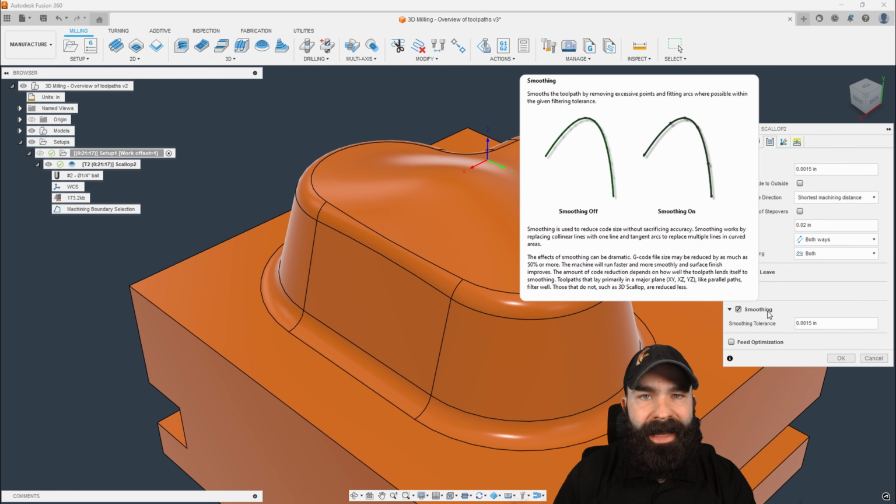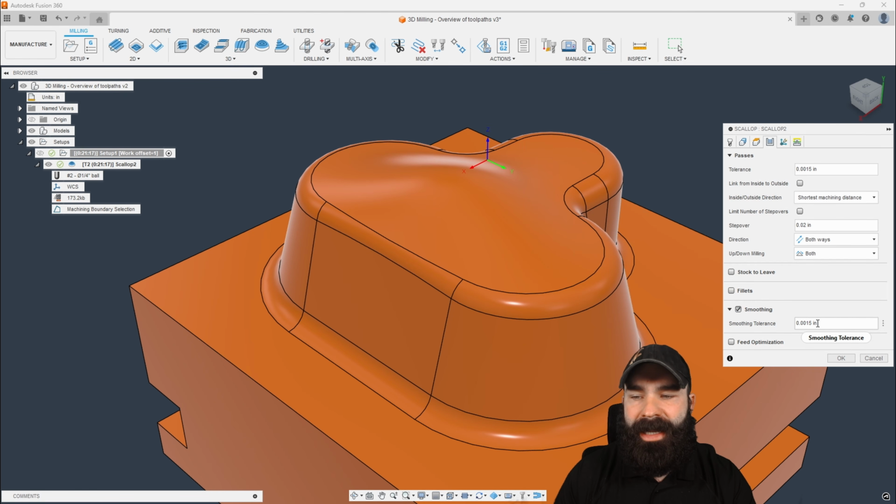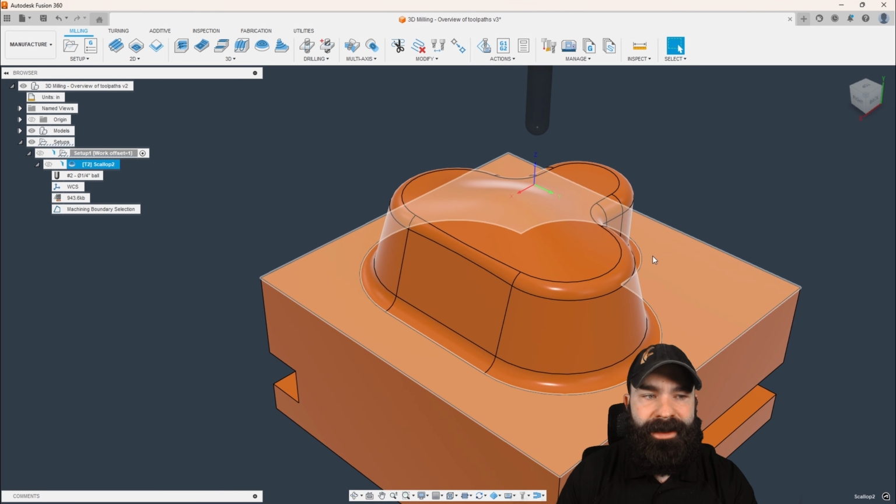If a straight line has a point in the middle of it and it breaks it into 2 segments, we could actually use a dimension of tolerancing. Again, it looks a little weird because this is smoothing tolerance versus tolerance. Tolerance is how close we are to the model. Smoothing tolerance is basically how close our points are aligned to each other and whether or not we can eliminate one. So by matching my smoothing to my actual pass tolerance and hitting OK,